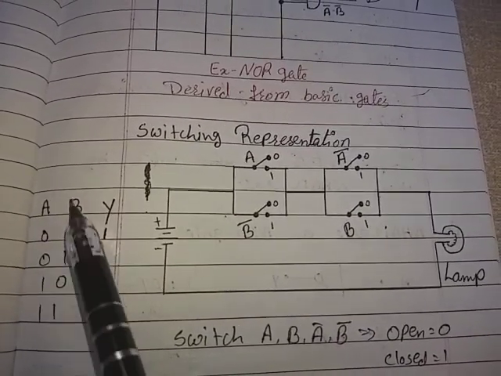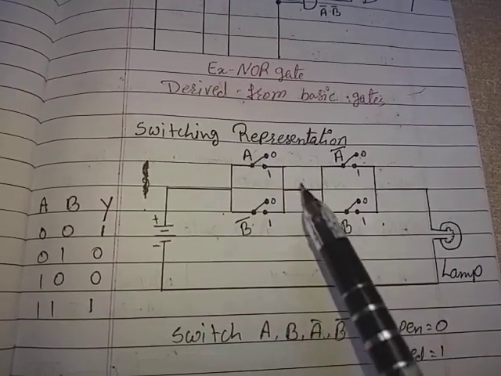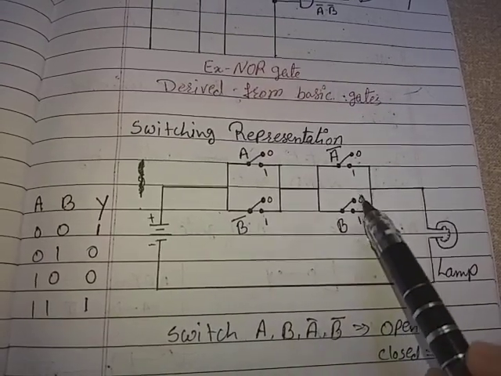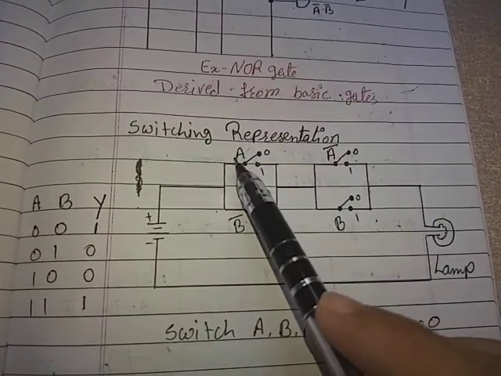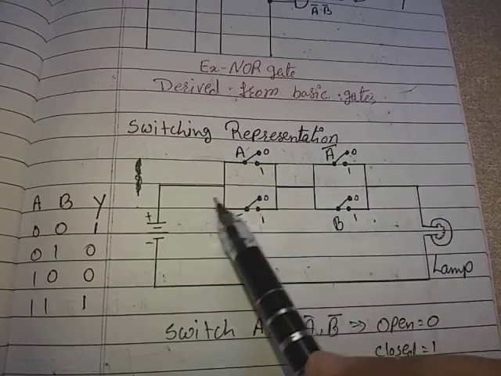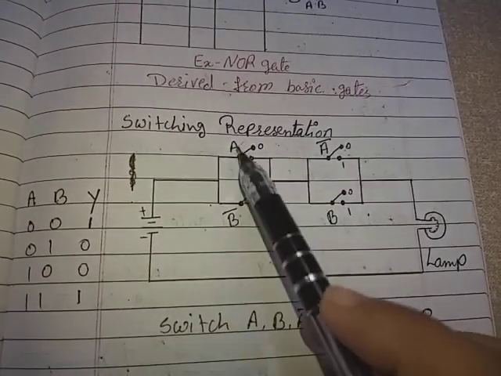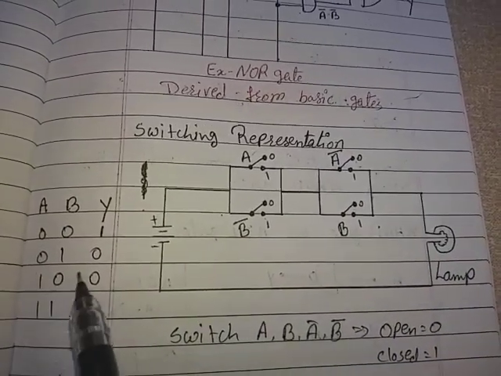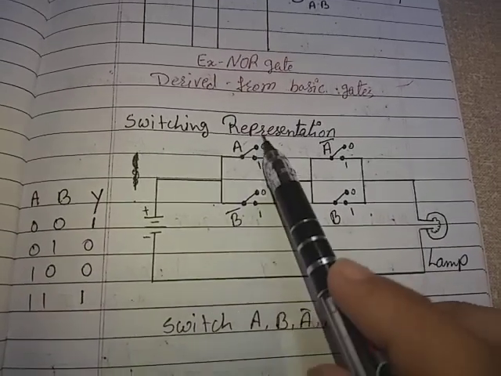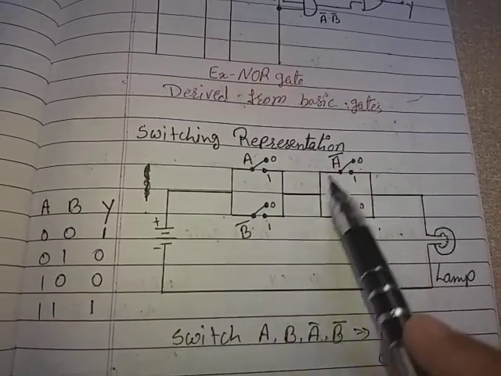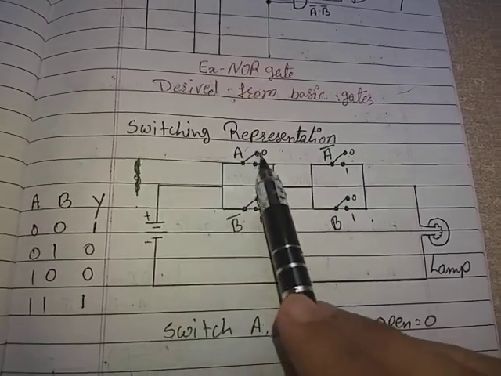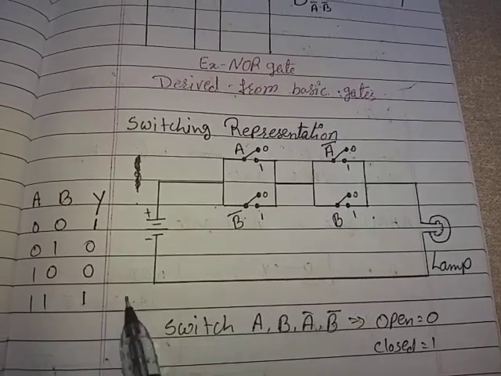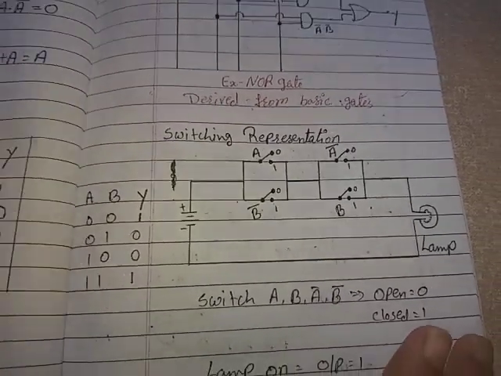When A is at 1, B is at 0, so B bar is at 1. As A is at 1, A bar is at 0. In that case, current will flow through these switches but not pass through these switches, and the lamp will not glow. Again, A is at 1, B is at 1, A bar and B bar are at 0. So current will flow from A, B to the lamp and the circuit completes, hence output will be 1. That's all about the